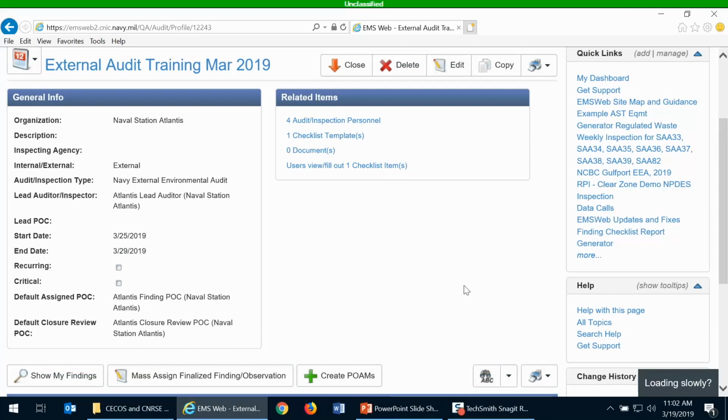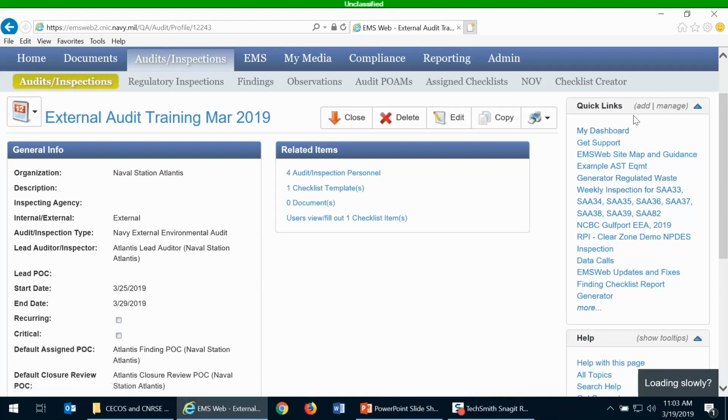Okay, so a couple of other things that you might want to do with this external audit once you have created the draft and submitted it is to create an easy way of getting to this external audit. And you can do that under quick links. And so once you've submitted the finalized external audit, then at that point you want to create a quick link. And you can click on